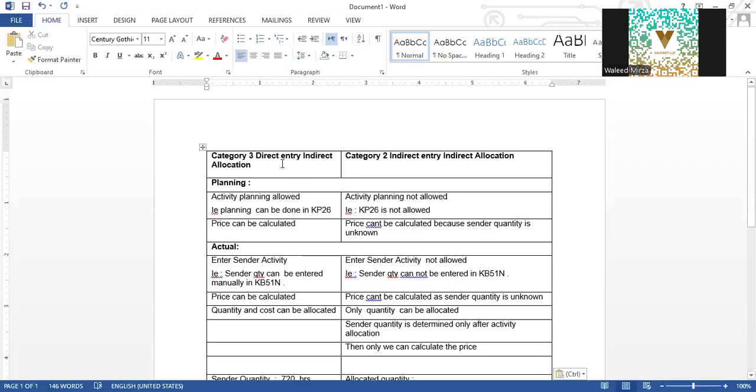Category 3, direct entry, indirect allocation. Now, direct entry means your hours, your units, your SKUs or hours will be direct entry, manual entry. Okay, and what is indirect allocation? If I revise,